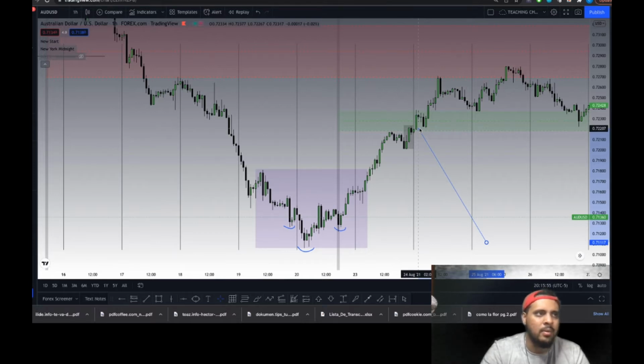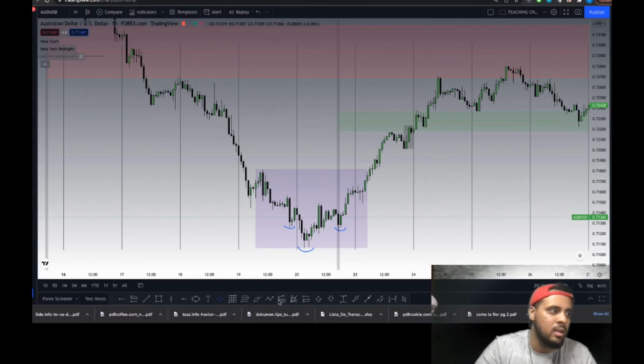It really is that simple. And what you're looking for is for price to hit either equilibrium or into the discount realm between the 62, 705 or the 79% retracement. So there's a little bit of range understanding to get this right. So if you look at this swing low to this swing high here,